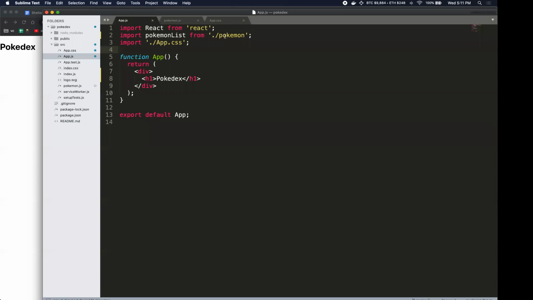So we can say /Pokemon because that means check the current directory. So / means check the current directory for this file. So now we have our list, and